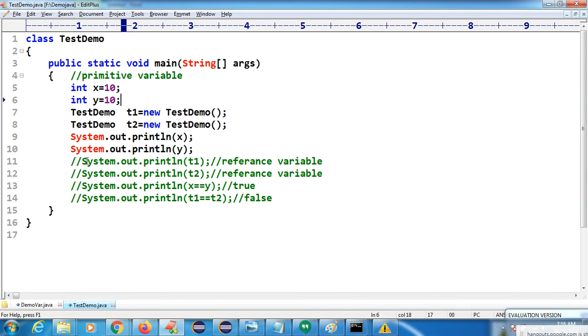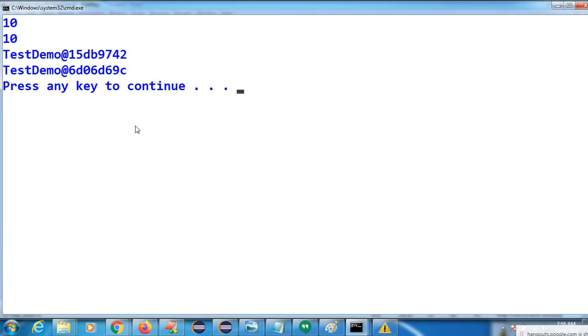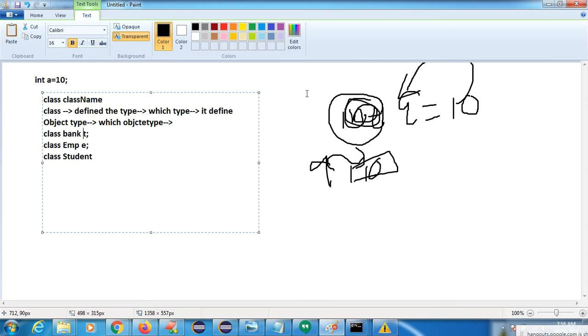We are getting 10, but if you print this T1 and T2, you can see what the output will be. It is coming as some code, some numbers. Actually, what is this number? When you are in real time,